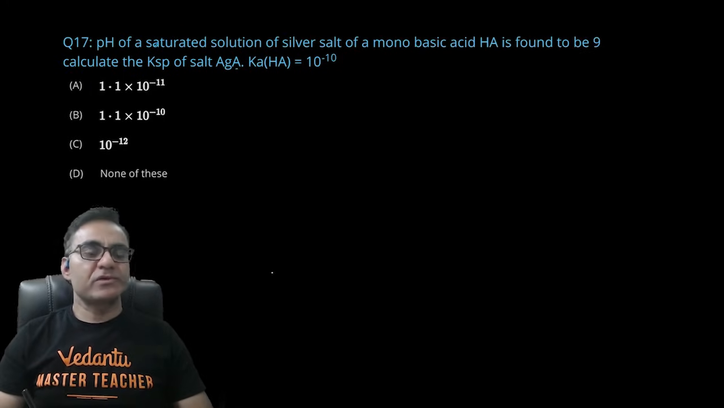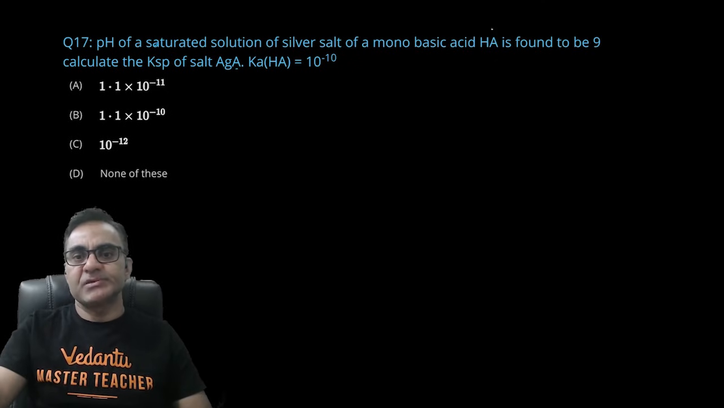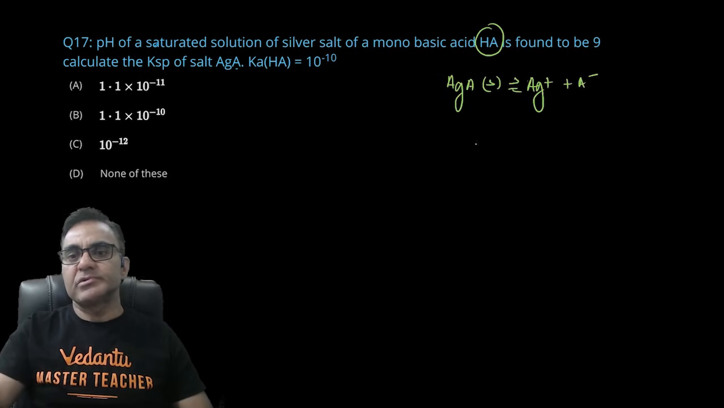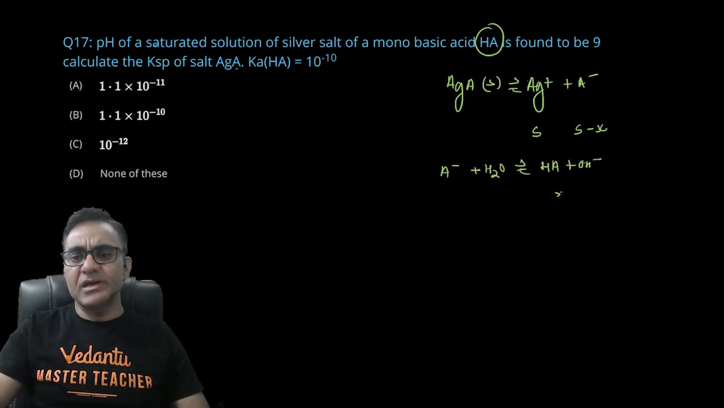दिस इज अ वेरी गुड क्वेश्चन ऑफ आयनिक इक्विलिब्रियम, सॉल्युबिलिटी प्रोडक्ट बेस्ड सवाल है। इसमें बोला है pH ऑफ सैचुरेटेड सॉल्यूशन ऑफ सिल्वर सॉल्ट ऑफ मोनोबेसिक एसिड HA। इसके सिल्वर सॉल्ट का फॉर्मूला मैं मान लेता हूँ AgA सॉलिड was found to be 9, कैलकुलेट KSP ऑफ द सॉल्ट। ओके, अगर मैं इसको डिसॉल्व करूँ तो सॉल्युबिलिटी इक्विलिब्रियम कुछ ऐसा आएगा। अगर मैं इसकी सॉल्युबिलिटी S मान लेता हूँ तो इनिशियली ये S बनेगा, लेकिन क्योंकि A माइनस जो है ये वीक एसिड का कॉन्जुगेट बेस है, इट विल अंडरगो हाइड्रोलिसिस टू फॉर्म HA प्लस OH आयन। तो मैंने मान लिया कि x पोर्शन हाइड्रोलाइज हो गया, तो ये S माइनस x बच गया। ऑलराइट, S माइनस x बच गया।